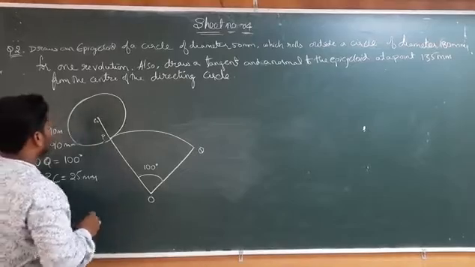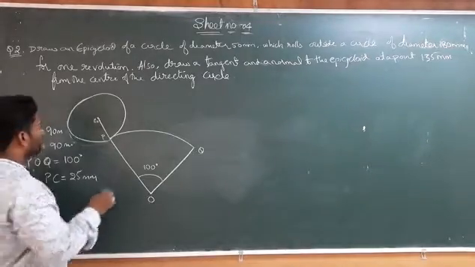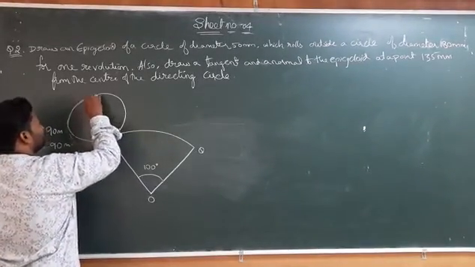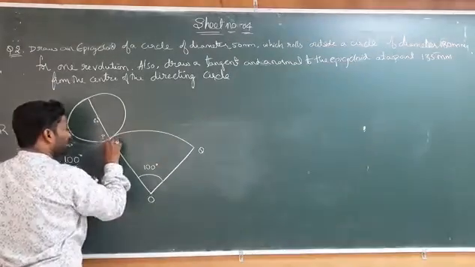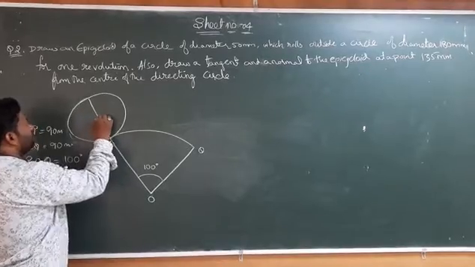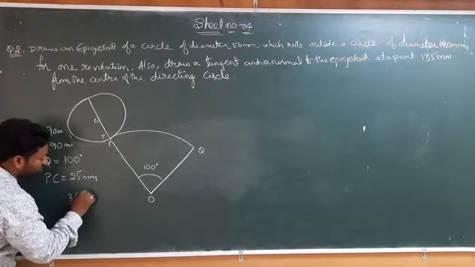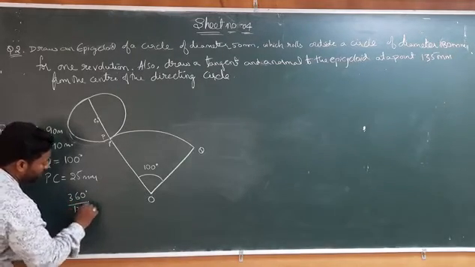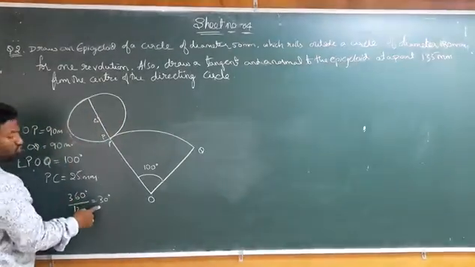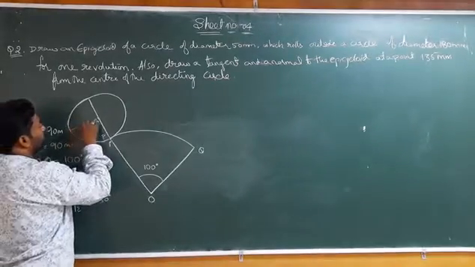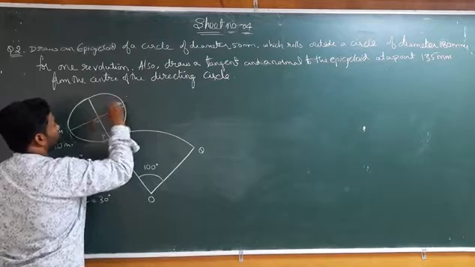After that, we divide this circle into 12 equal parts. First of all, we draw this diagram. This is our point P. From the center, we divide the circle into 12 equal parts, that is 360 degrees divided by 12 equals 30 degrees, meaning each part is 30 degrees. So we draw another diameter here, and from this we mark 30 degrees with the help of the protractor.